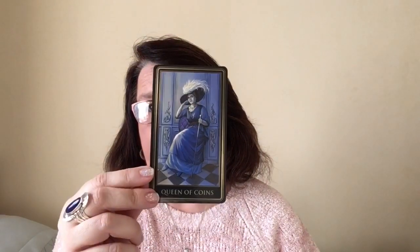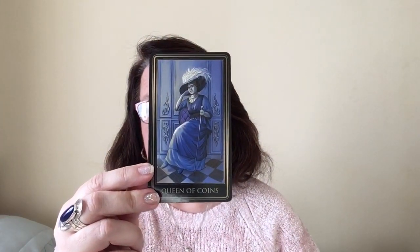And this deck, again, I like it, and I like the whole thing behind it because the creator was very respectful when he did this deck, and it was meant to be respectful. It wasn't meant to be horrible in any way. So I'll show you the backs. Those are the backs. It's a really nice cardstock. It is glossy, and again, some people don't like that. I don't mind. This is the Queen of Coins, and you'll see in a minute